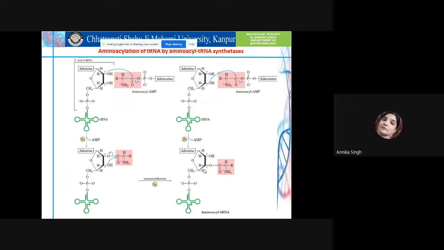So this charging, charging of transfer RNA with amino acid, is a highly negative reaction. It means that it has a highly negative free energy of hydrolysis, and this amino acyl transfer RNA synthetase is very specific, and it shows proofreading. Proofreading means